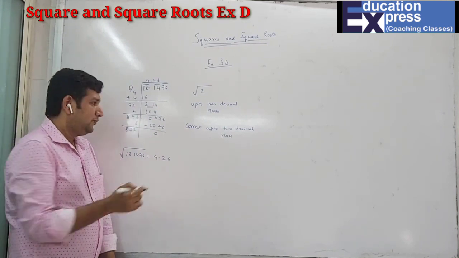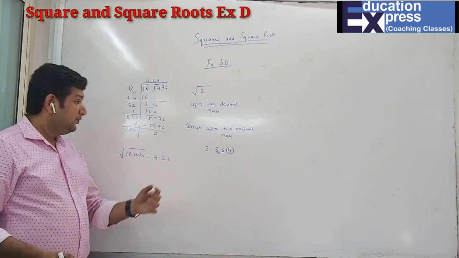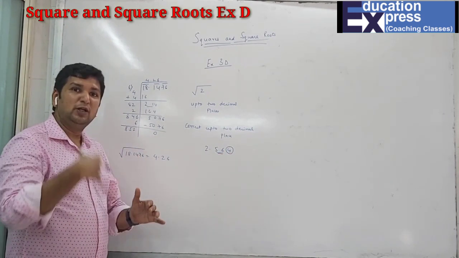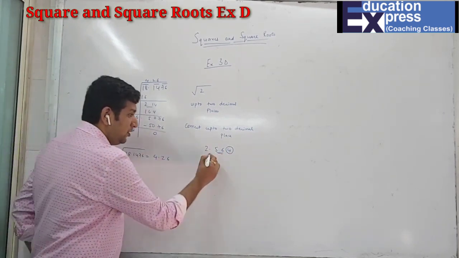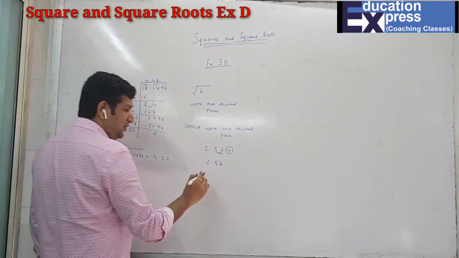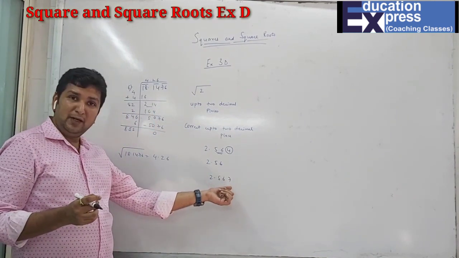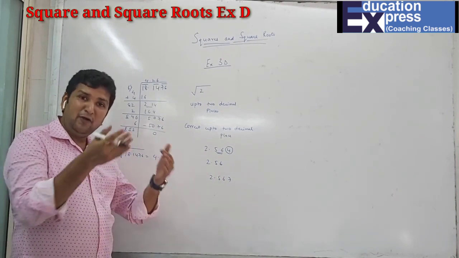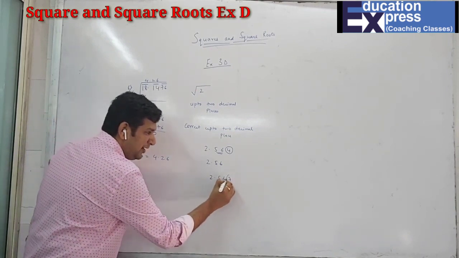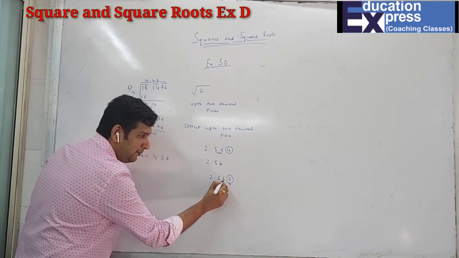What do you round off? In case I have the answer as 2.564, if the third number is less than 5, then I can just leave the number as it is. That means here the answer will be 2.56. That's called rounding off to 2 decimal places. But if the same thing were 2.567, that means after the second number, the third number is 5 or more than 5, then you have to increase the number before this by 1.